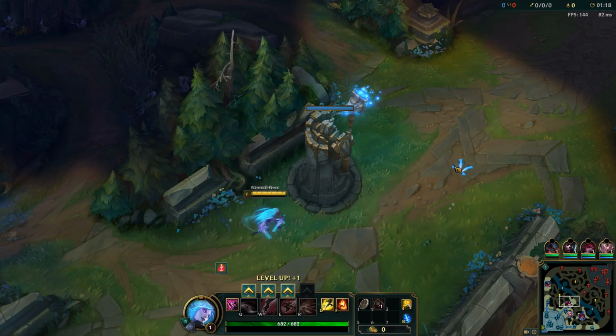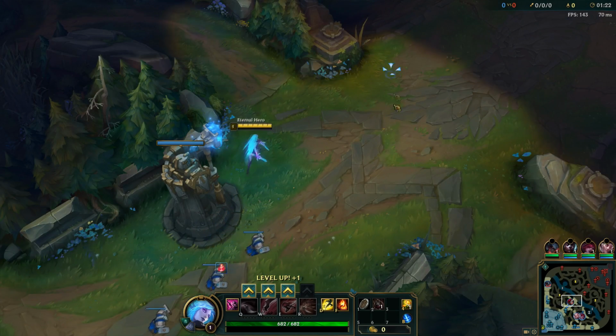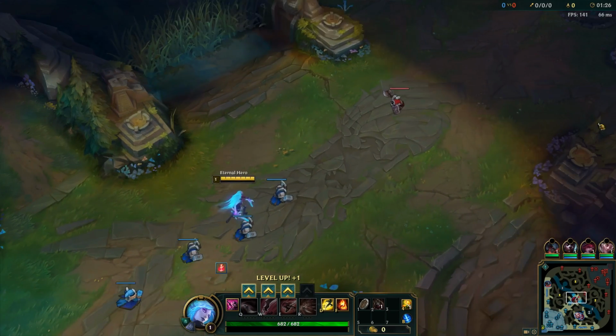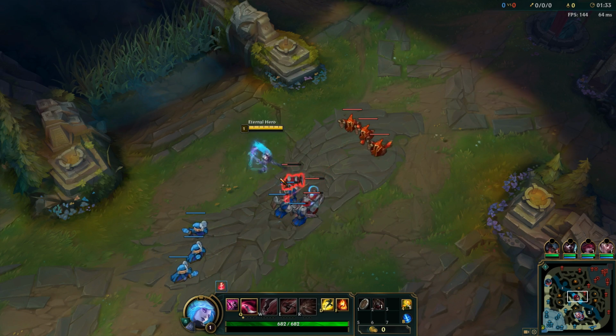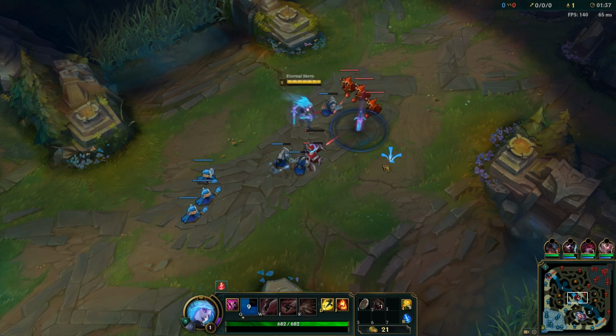Katarina has two passives. The first one is that whenever an enemy champion damaged by Katarina dies within 3 seconds, her ability cooldowns are reduced by 15 seconds. And then the second passive is a dagger. Whenever Katarina retrieves a dagger, she uses it to slash through all nearby enemies, dealing magic damage and reducing Shunpo's